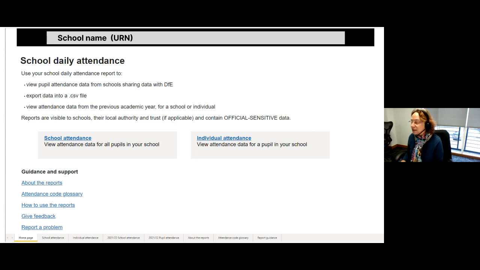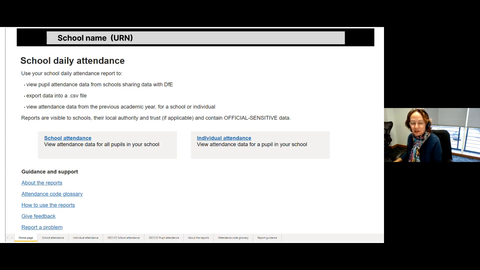And then what they see is this page, and that has on it two options. One where they can look at the attendance for all the pupils in their school. That's the school attendance tab. And then there's one called individual attendance, where they can look at attendance data for a single pupil in their school if there's somebody they're particularly concerned about.